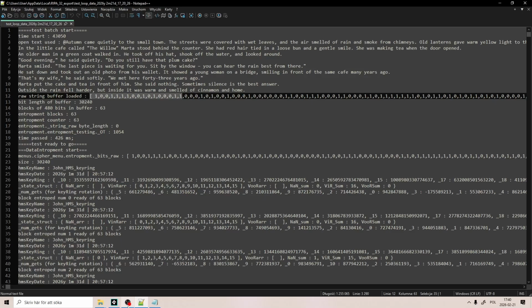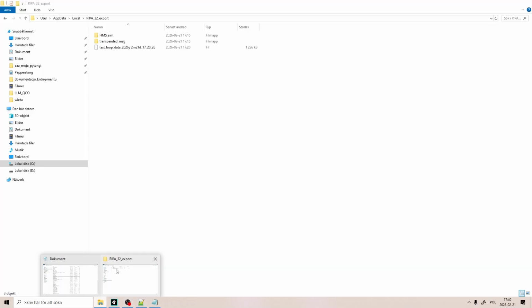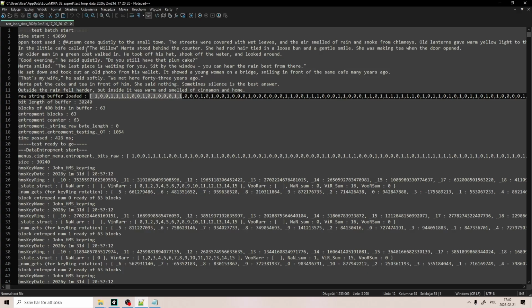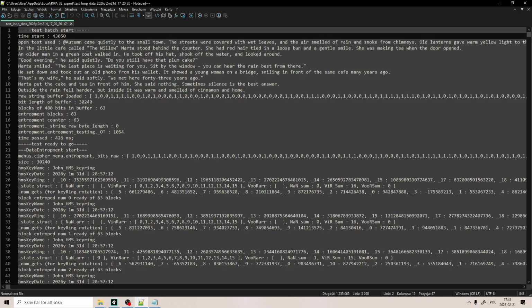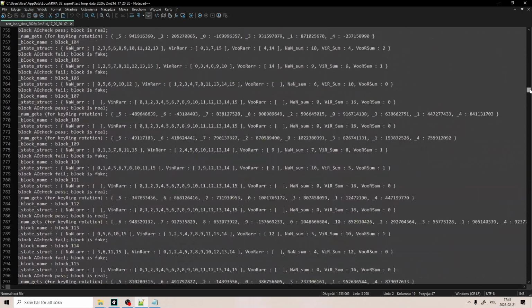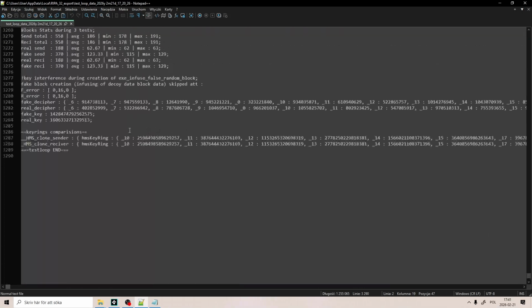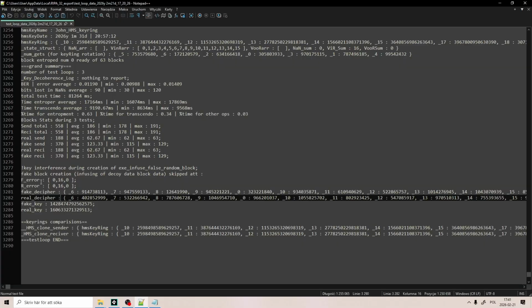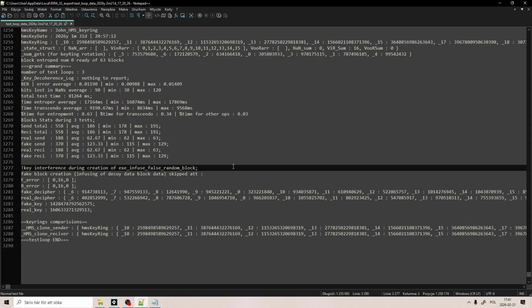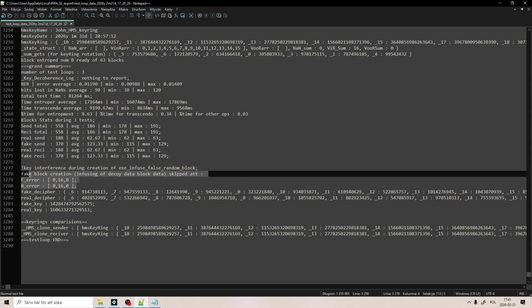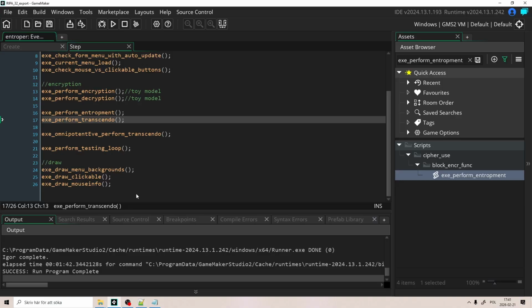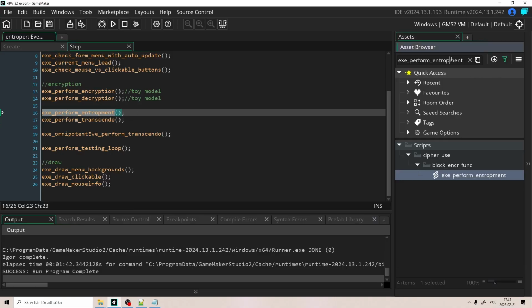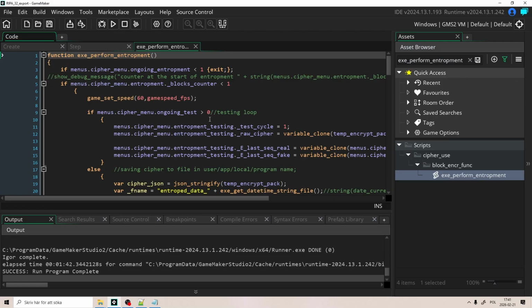Let's go to the file itself. This is the test loop file. So here what we have, where the test starts, and then a lot of data. First we go to the end. During the process we have K interferences. This is very interesting because where we are pushing fakes, let's see, fakes,